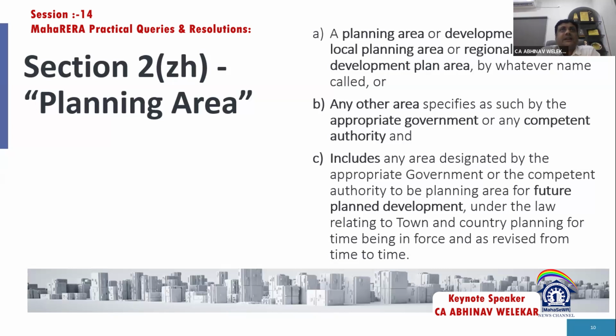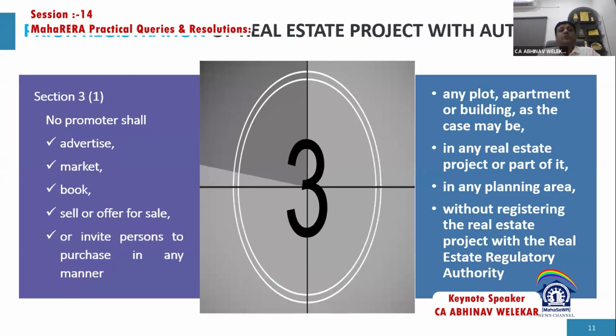There are some states, like in the case of Gujarat, that have specifically defined what the planning area is, so some parts get excluded and some parts get covered. But in the case of Maharashtra, 100% of Maharashtra is covered under the definition of planning area. Now, when we move from these basic definitions to section 3,